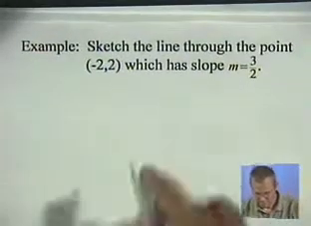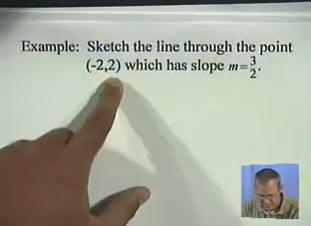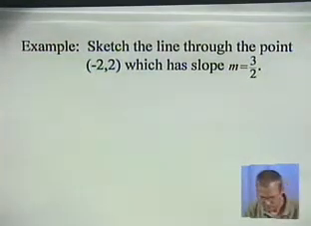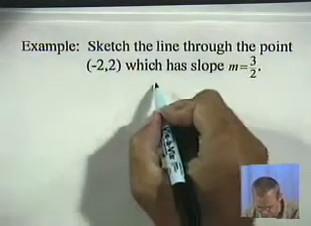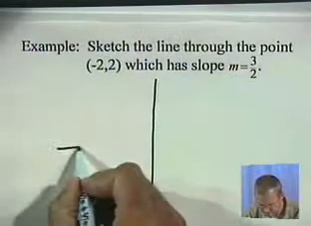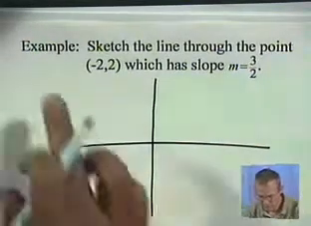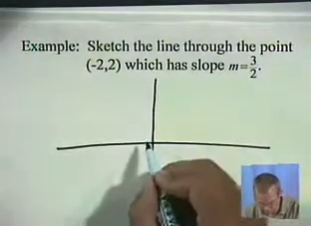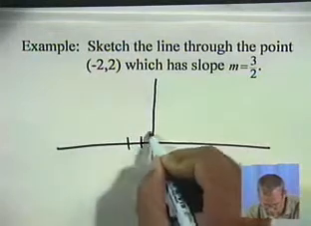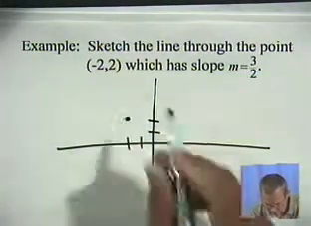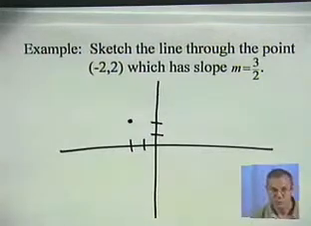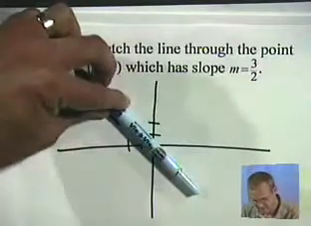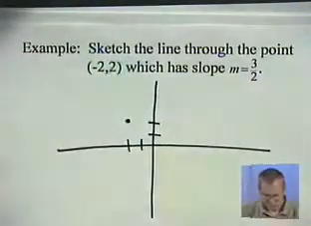Sketch the line through the point negative 2, 2, which has a slope that's equal to 3/2. So let me draw a rectangular coordinate system. We want to try to draw this line. Well, it says it goes through the point negative 2, 2. So I know the line goes through that point. Well, infinitely many lines go through that point. There's a line, there's a line, there's a line, but there's only one line that has a